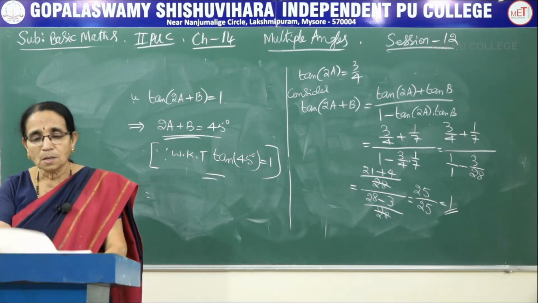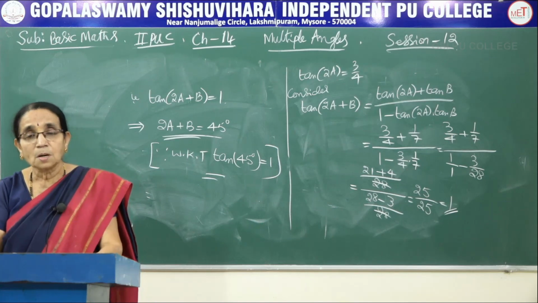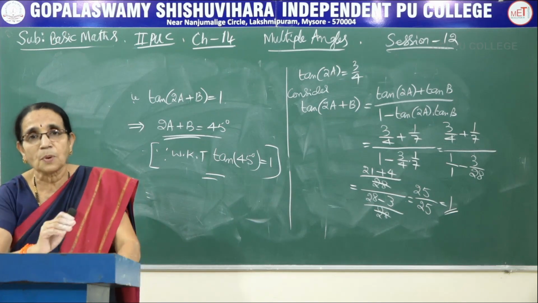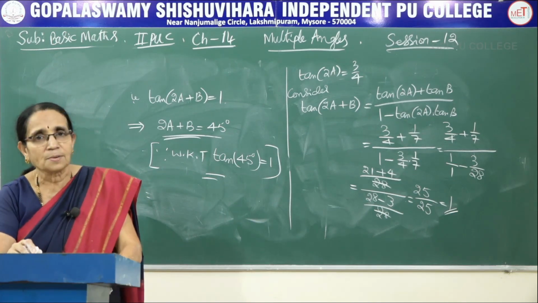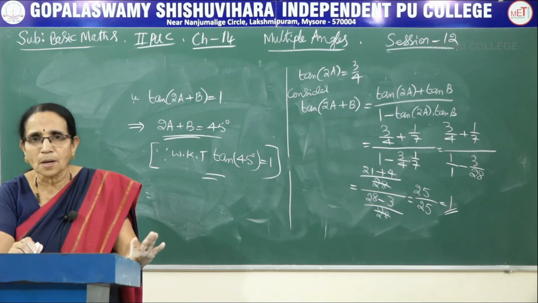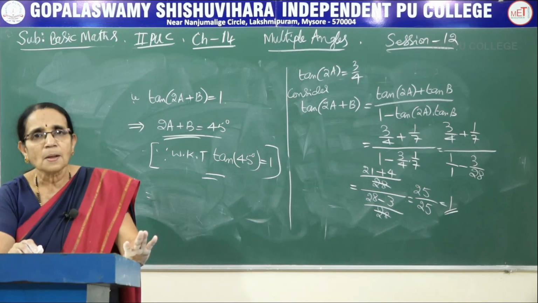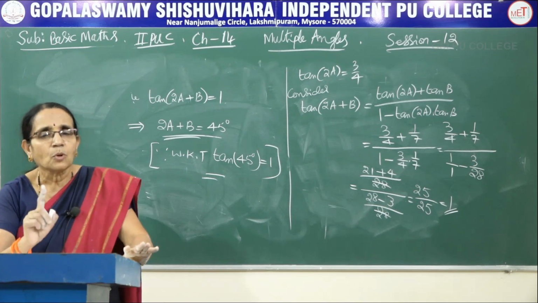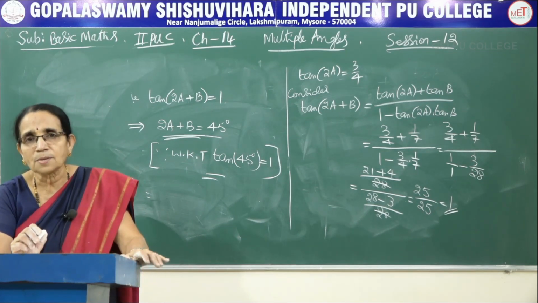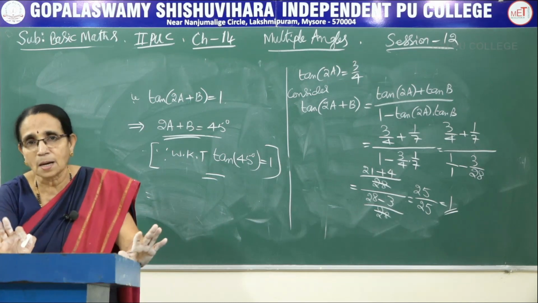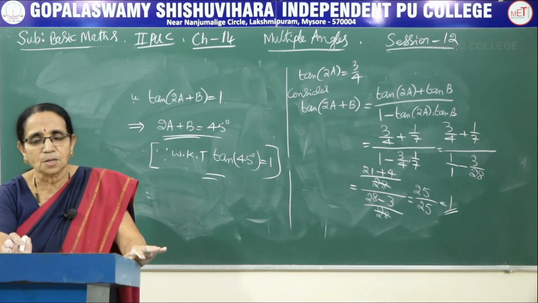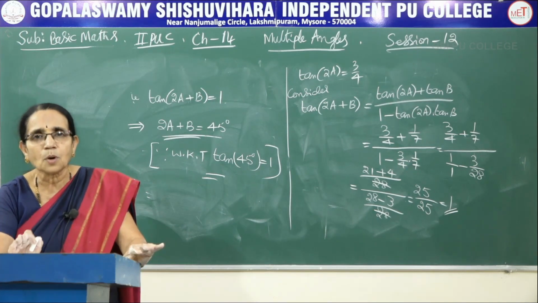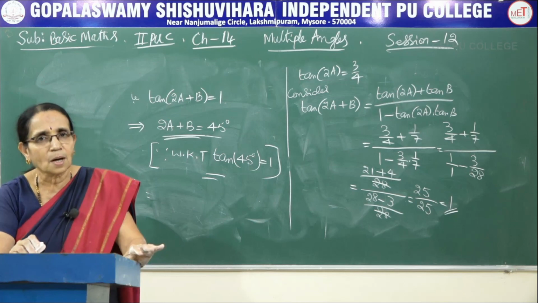Now, these are the problems we could work out in this particular topic, not a chapter, it's a part of the chapter, multiple angles. So we have learnt in this one the compound angle formula and problems on it, and we have derived the multiple angle formula and worked out the problem. One more topic is there, which is called transformation formulae, which I am taking up in the next session. First I will derive the transformation formulae and then we are going to work out some problems connected with it. Thank you.